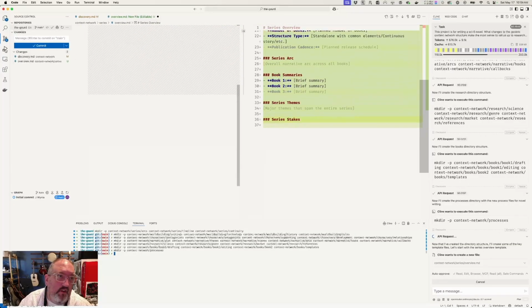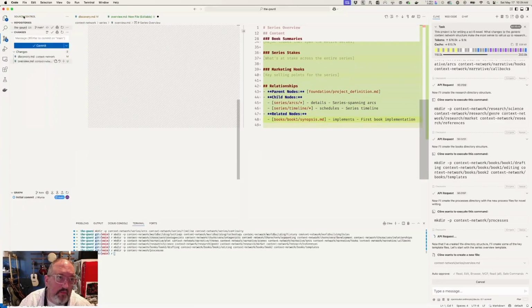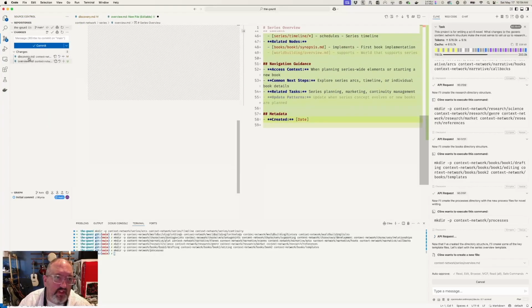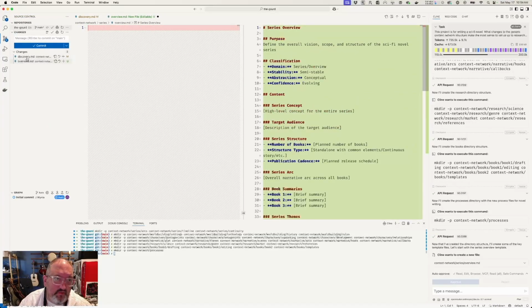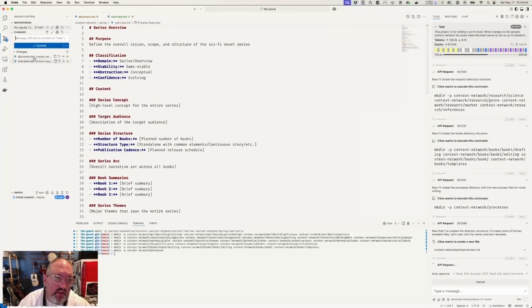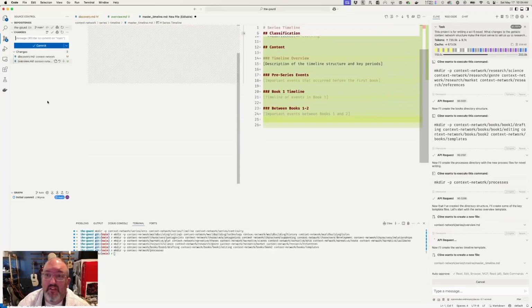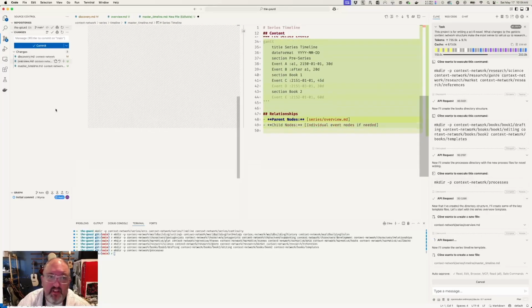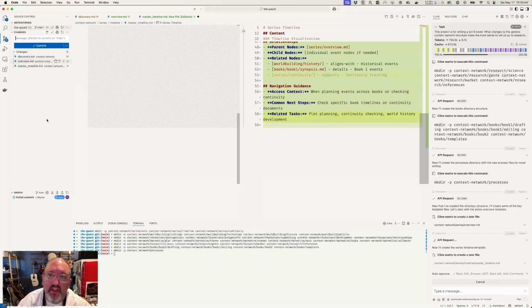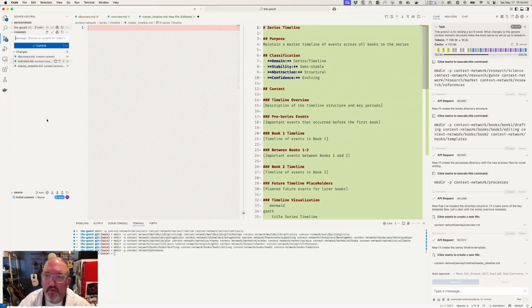And then over here we'll see this is our Git tab, our source control tab, and you'll see all of the files that it changes will start showing up over here. And as soon as this task is done, I will commit those to the version history so we have them as a snapshot. The more often you commit, the better your history and the ability to go back and look